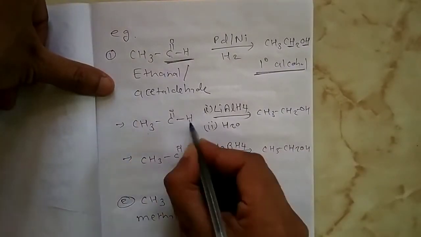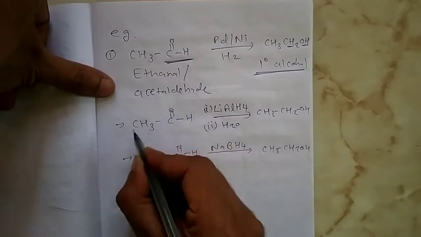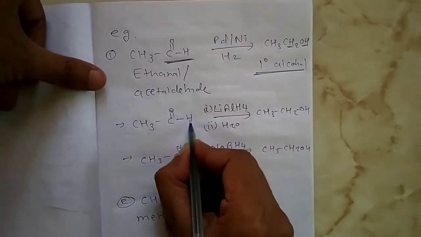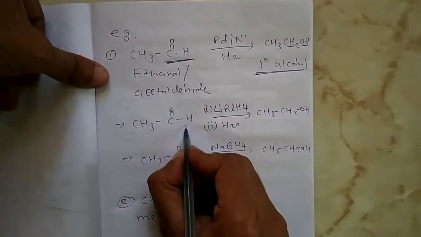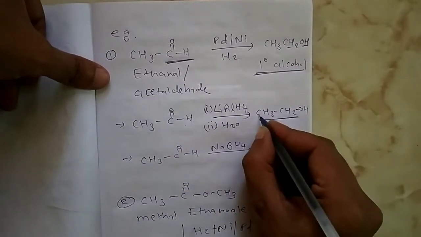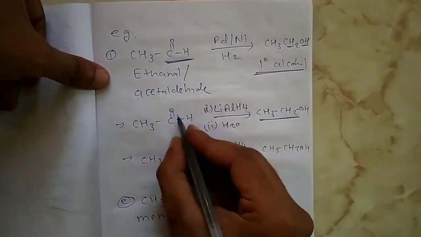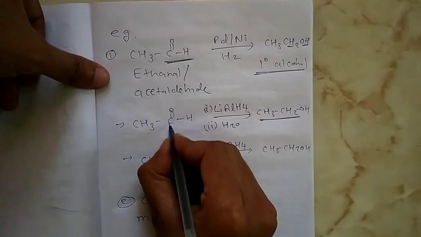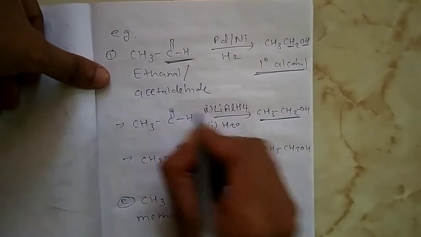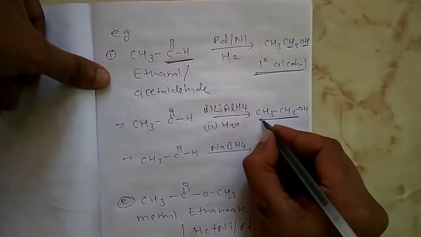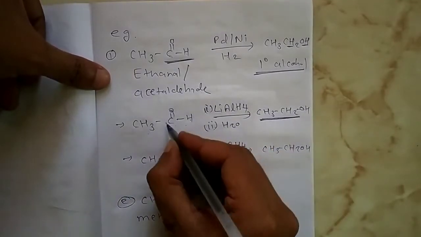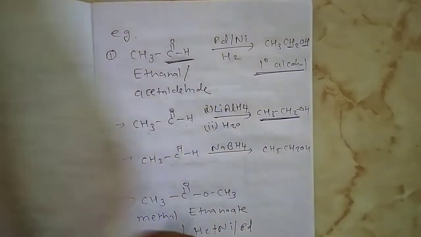So you can see the starting material is the same, CH3 C double bond OH. It is ethanol. The same product you will get, CH3 CH2 OH. Just add hydrogen on carbon as well as on oxygen, so you can get ethanol. Now it is aldehyde. So here you can see